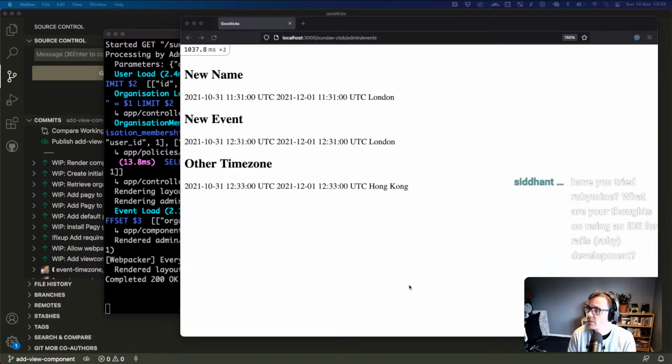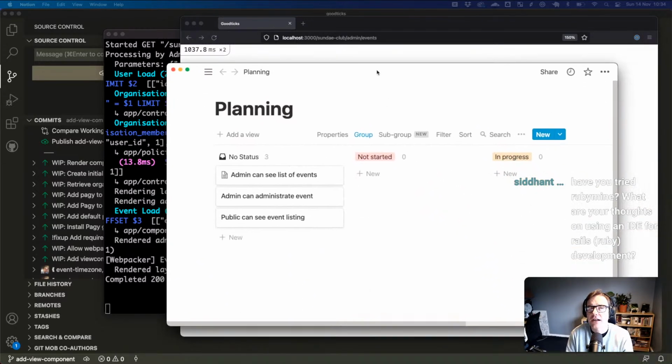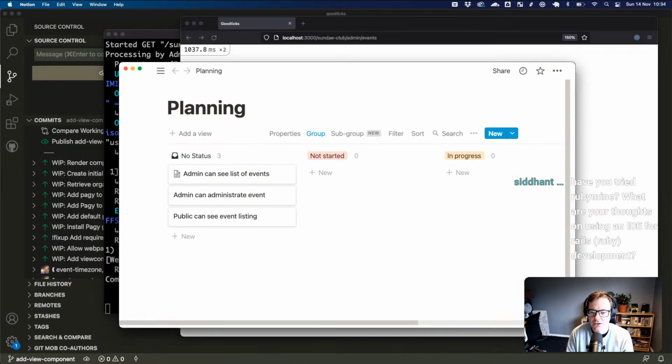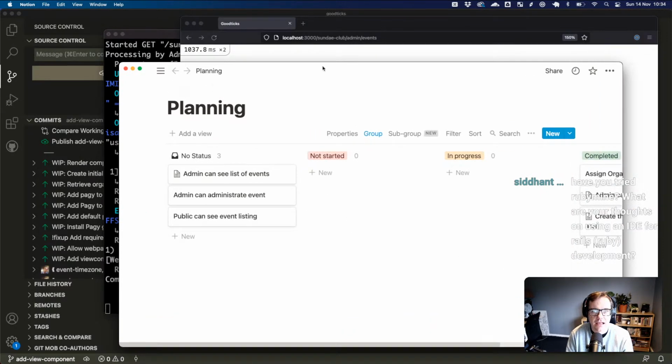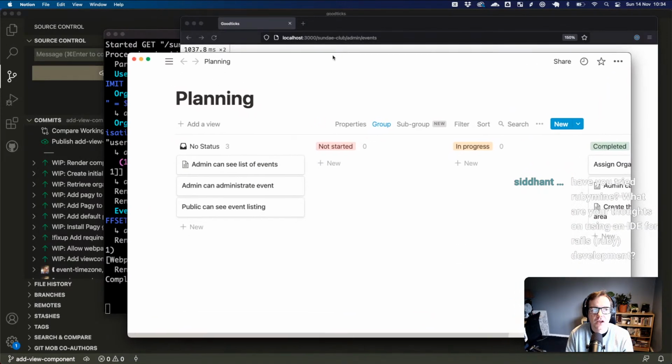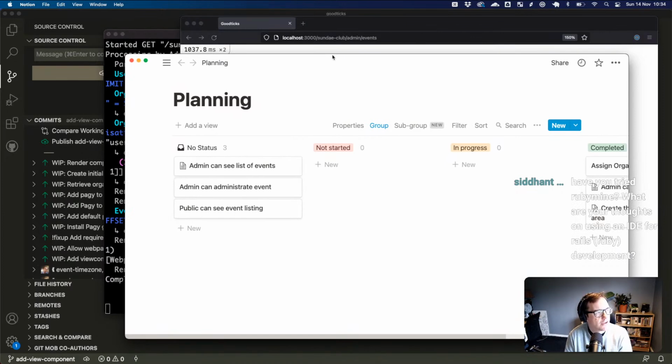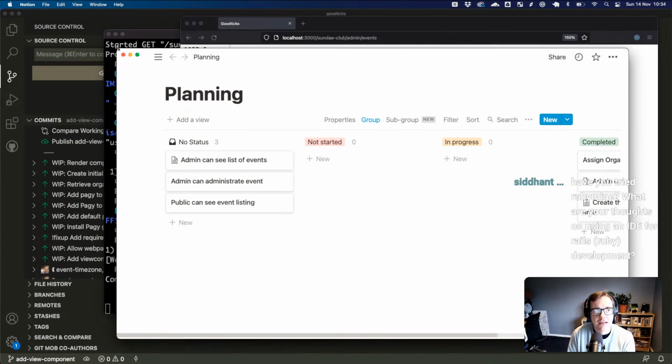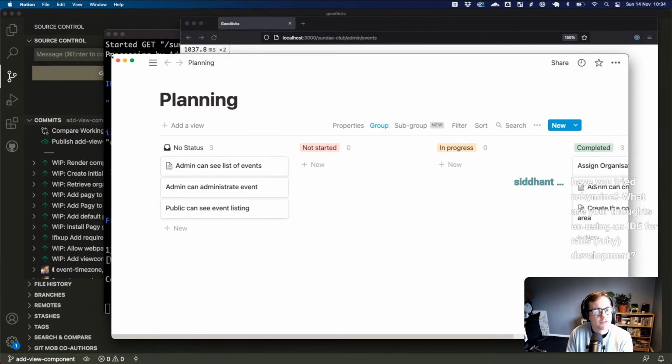Have you tried RubyMine? What are your thoughts on using an IDE for Rails and Ruby development? I have tried using RubyMine, but not for a long time, and I am aware that it is constantly growing and getting better. When I used it previously, it didn't quite work with my practices, but I have a couple of colleagues who use it and love it.